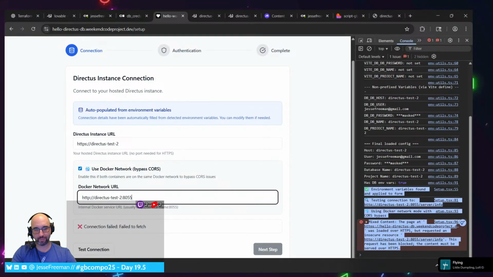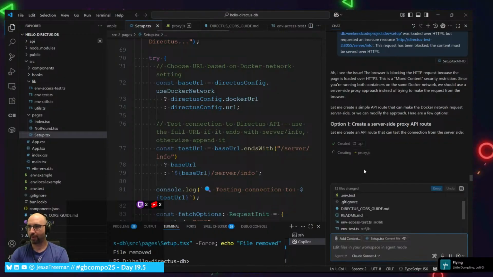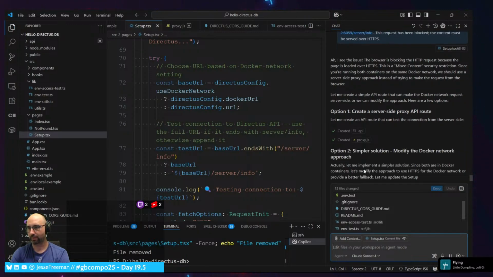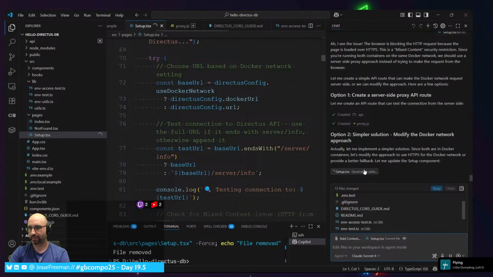Okay, so let's see what the issue is. There must be just a minor misconfiguration. I see the issue. The browser is blocking the HTTP request because the page is loading over HTTPS. This is a mixed content security restriction. Let me create a simple API route that can make the Docker network request server side so we can modify the approach. Simple solution, modify the Docker network approach. Actually, we implement a simple